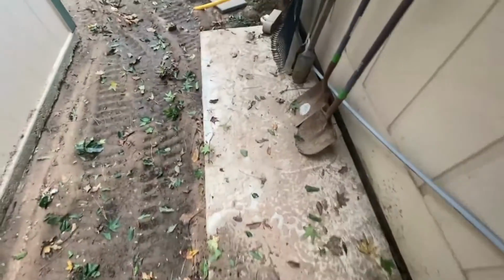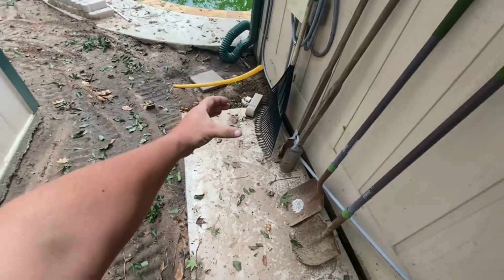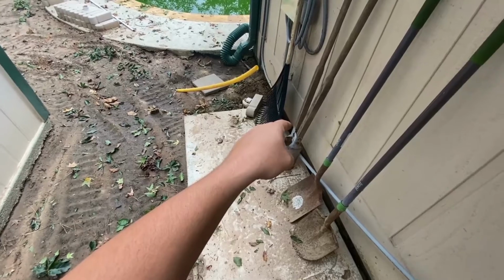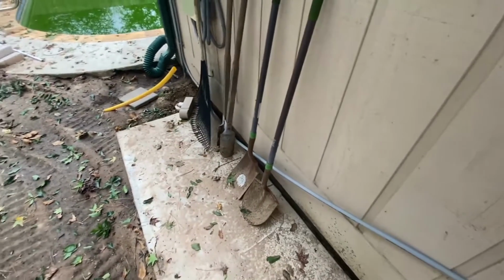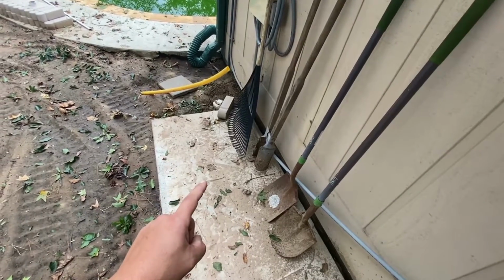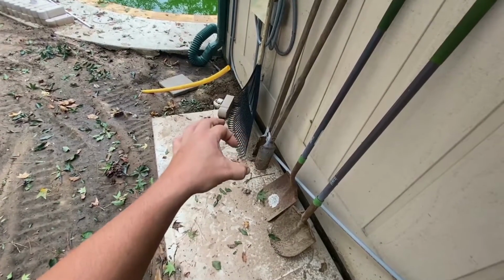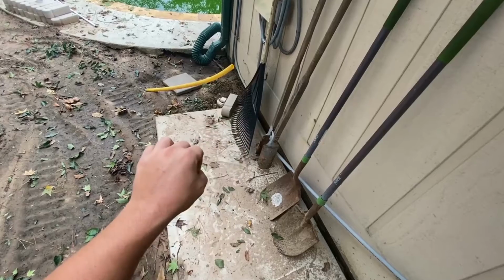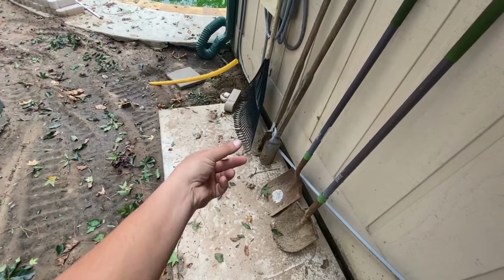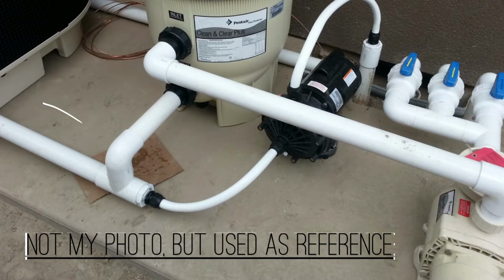The pool equipment will get all placed back pretty much in the same orientation. The pump, the motor going into the filter, and then from the filter to the heater, and then the heater to the return lines. What I'm going to do different this time is, as soon as that clean water comes out of the filter, I'm going to have a T coming off there. One side going to the pool heater, and then the other side reduced to the size of line for the cleaner,